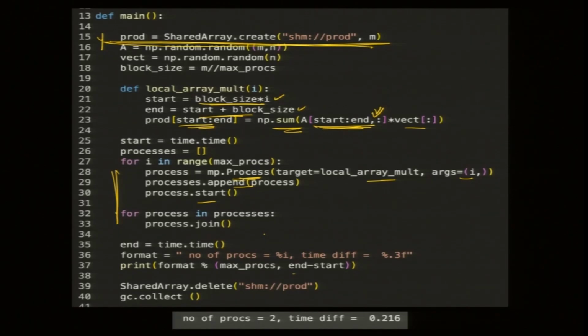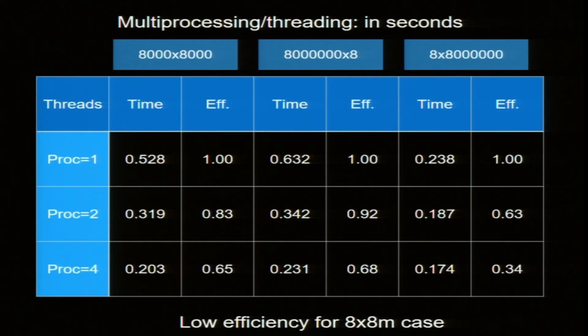This program is there in your Colab. This is called GC, the garbage collector. The garbage collector is for when you delete some array, you can basically free it up. Now, the results are here.